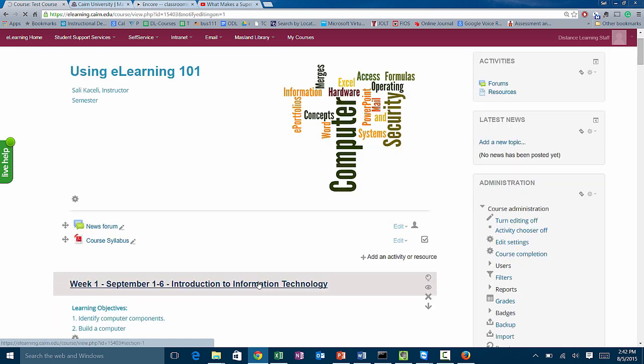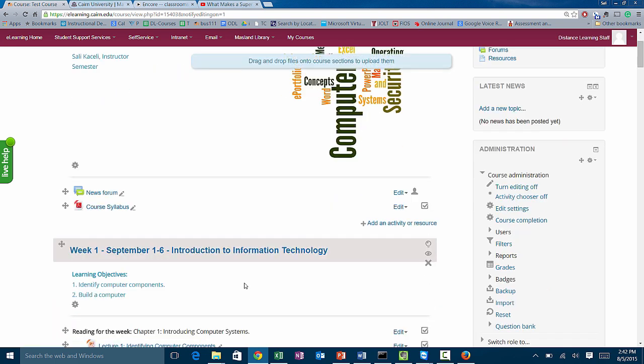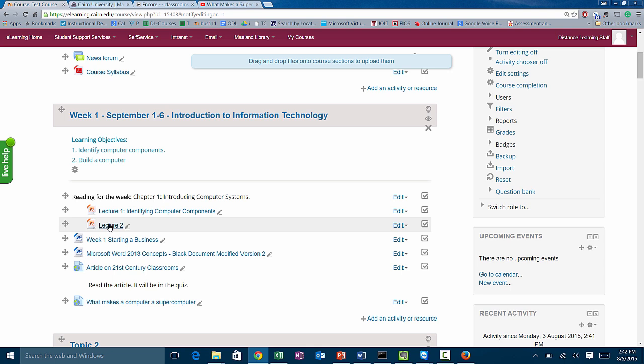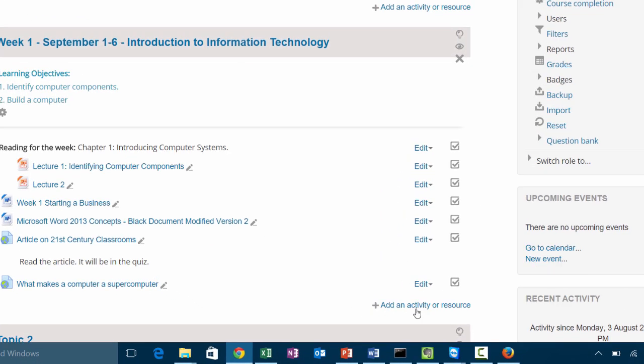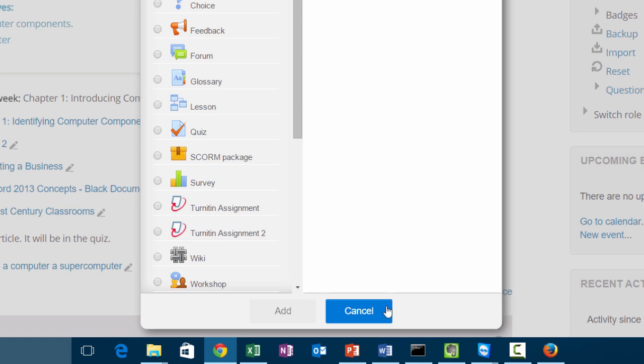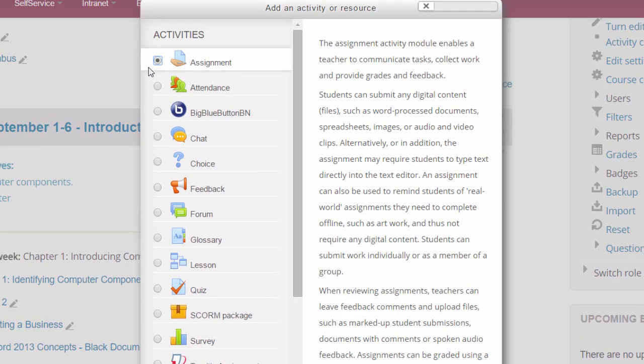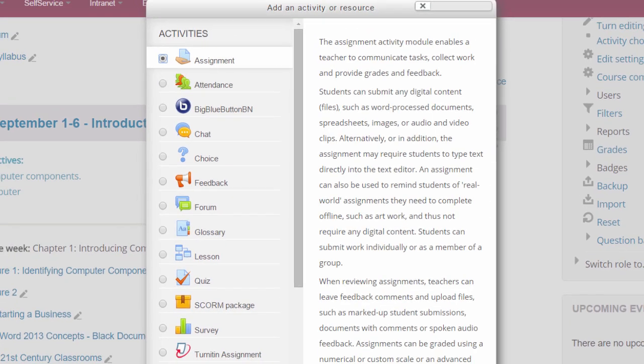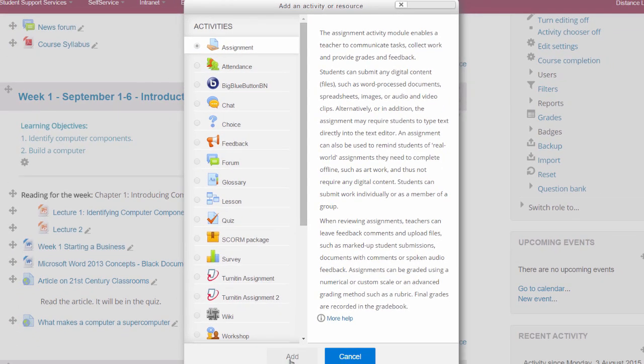And then now in week 1, we want to create for the students. We had them review those lectures. We were in class. You can post also video lectures as well. And we post a YouTube video and other supplemental material. Now the students are going to be doing an assignment for you. So to add an assignment, these are the steps. Basically, you click here on add an activity or a resource, and the first item here is the assignment option. We click on add,